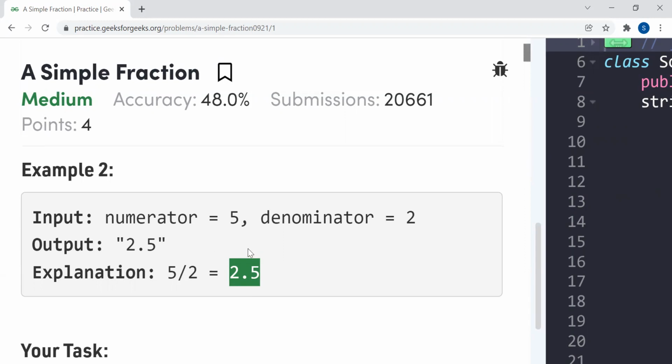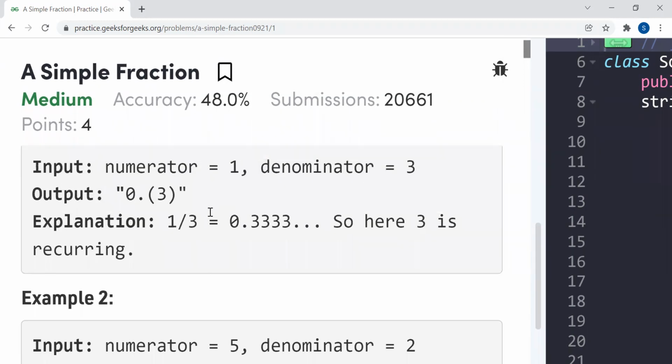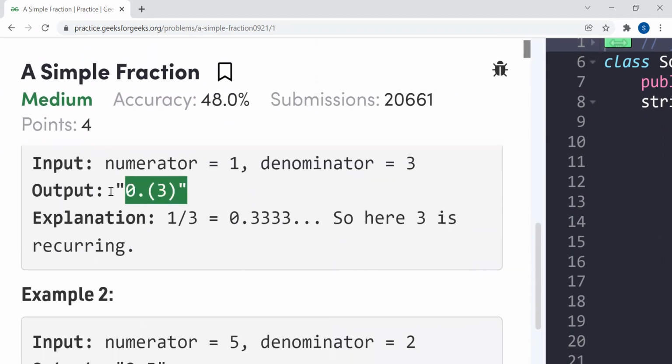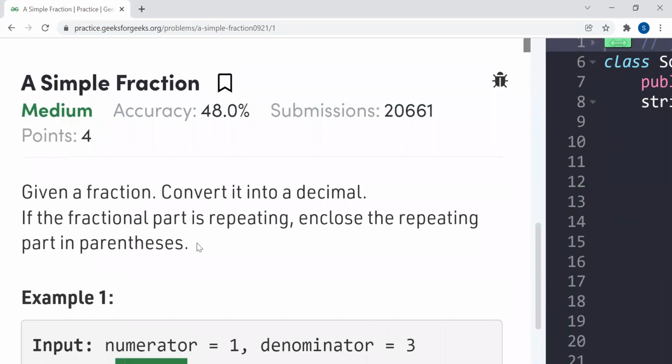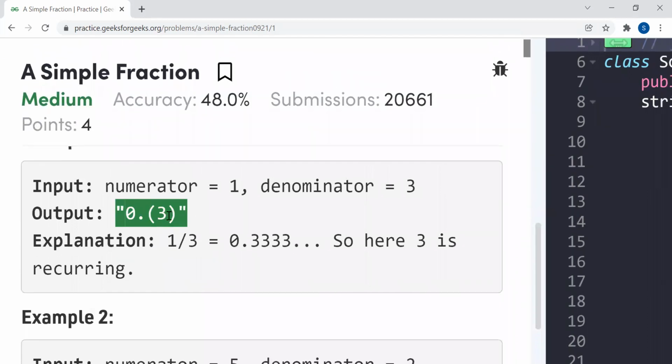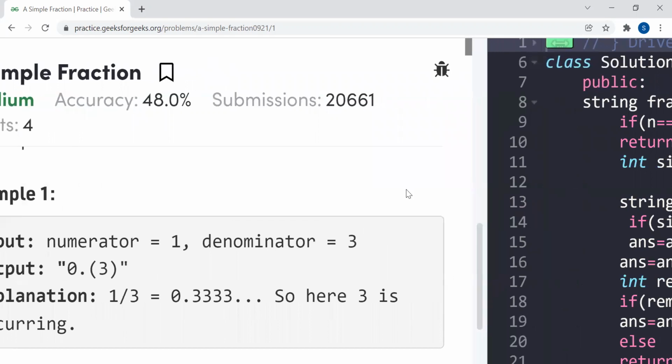If the fractional part repeats, we just have to enclose that repeating part in the parentheses, and that will be our output. And we have to produce our output in the form of a string, right? We are given input in the form of integers and we have to output it in the form of a string, right? So let's do it.